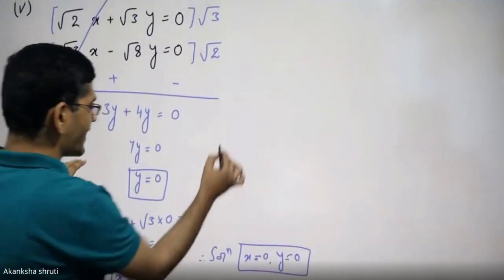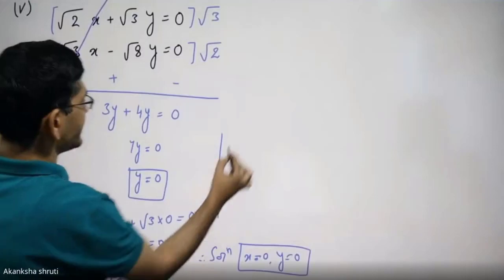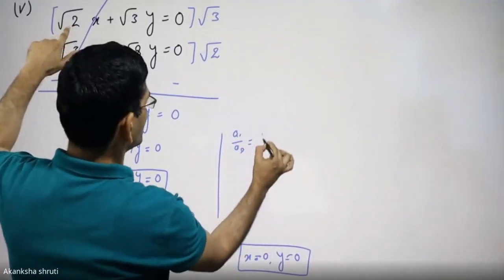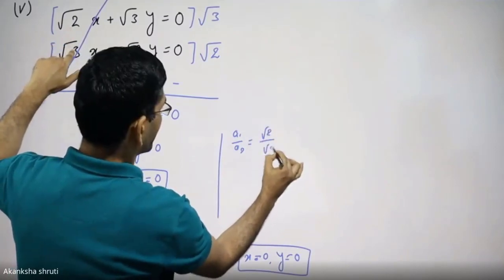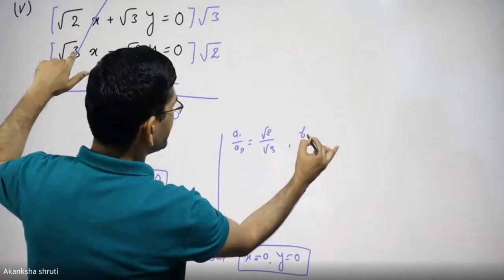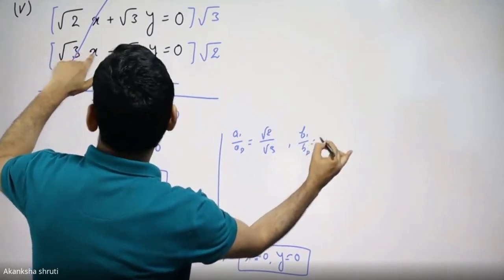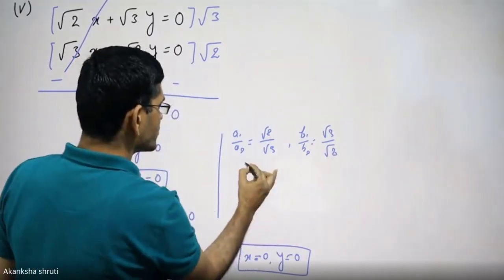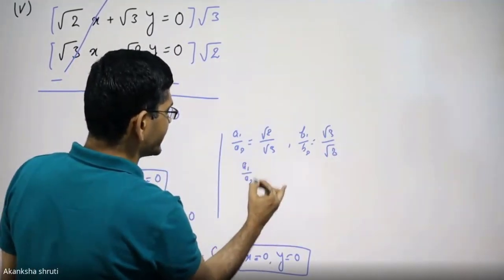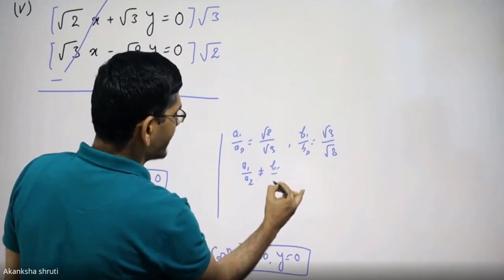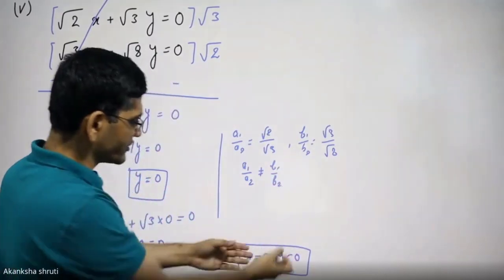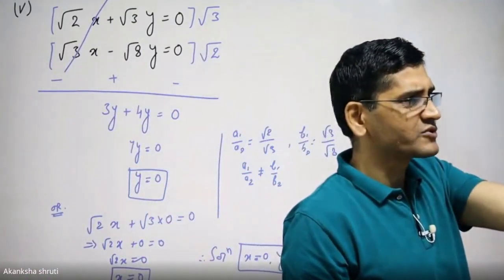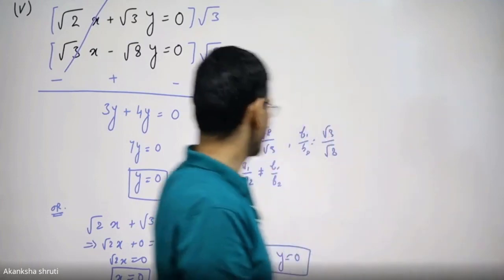Or let us verify this. Student, if I am taking a1 by a2 in this case, it is root 2 by root 3. But if I am taking b1 by b2, it is root 3 by under root of 8. These two are not equal. This clearly indicates that it has a solution. तो यही तो मतलब है, whether it is coming 0 or not. ओके, इससे मतलब नहीं है। तो इस तरीके से हम सॉल्यूशन यहां फाइंड आउट कर सकते हैं।